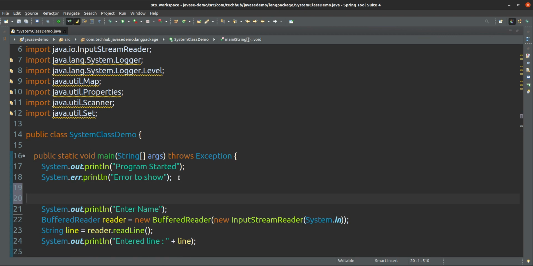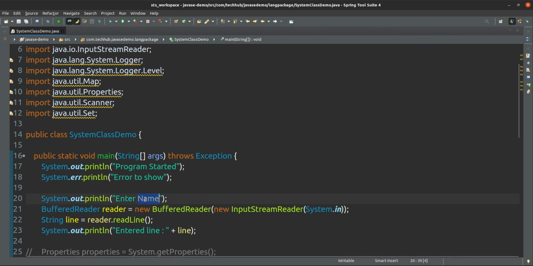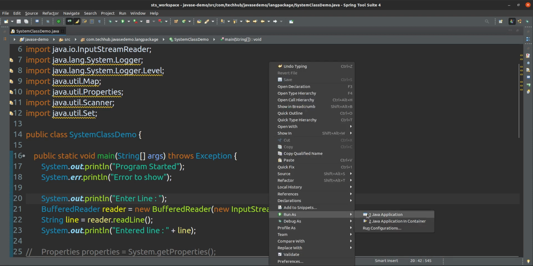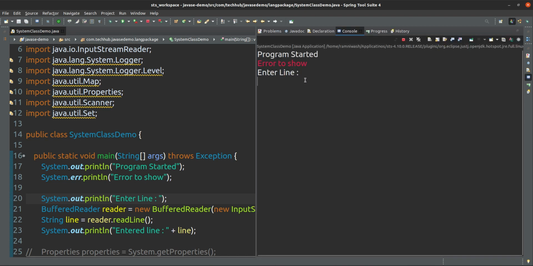Yes, enter line, that's it. Okay, now it will ask for the line. Suppose I type here hello world, welcome to the Java world, welcome to the Java course, something like that, and I press enter.